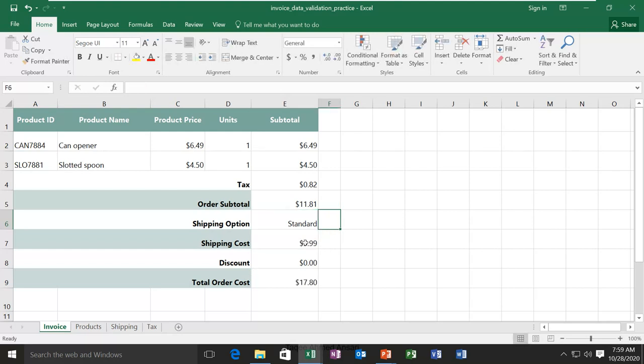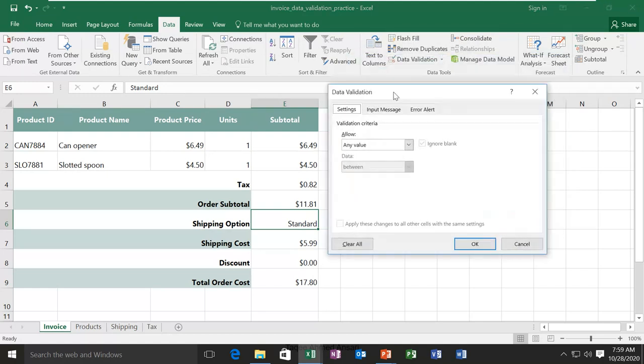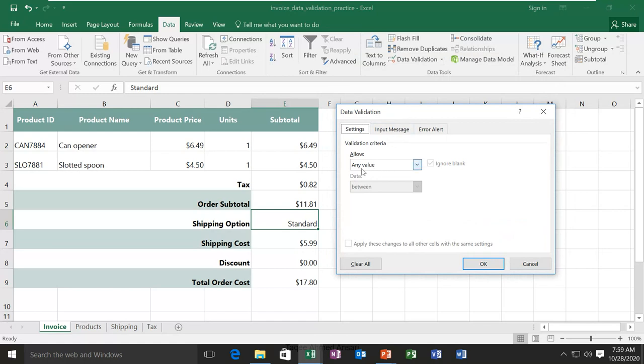You see the formula is working, but it is not compulsory that the user will give the right value every time. So I will use the data validation here. I select the cell, I go to the Data tab. Here in Data Tools we have Data Validation. I click on it, it opens this dialog box. Right now it is Any value. I click on the drop down. I can choose whole number, decimal, list, date, time, text, or custom. In my case I'll choose the list.